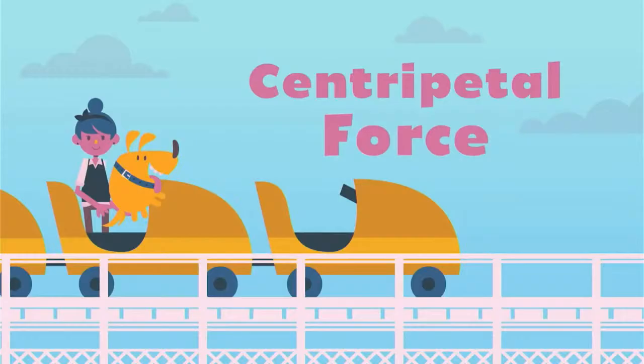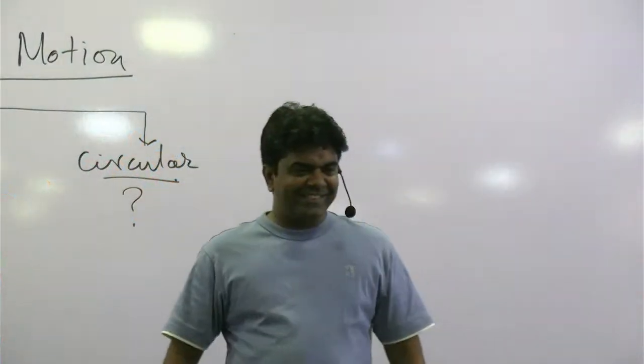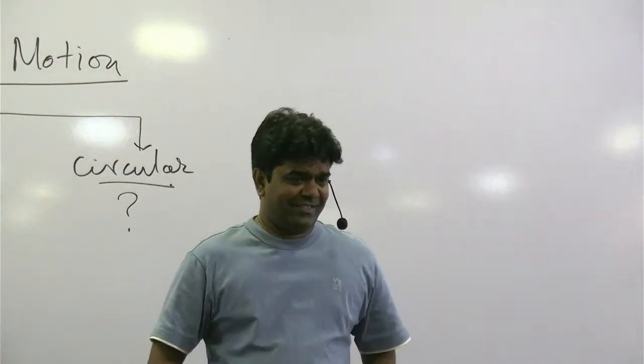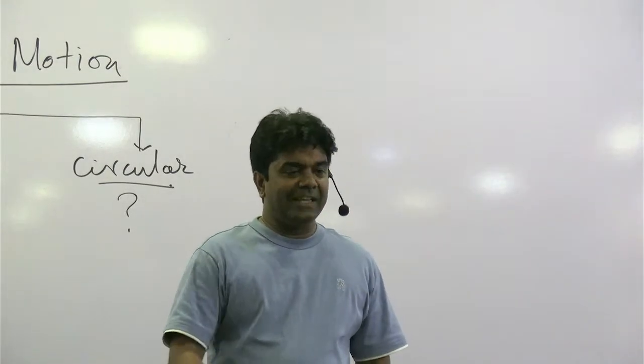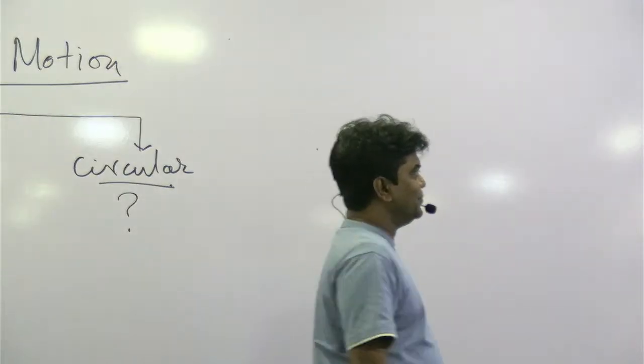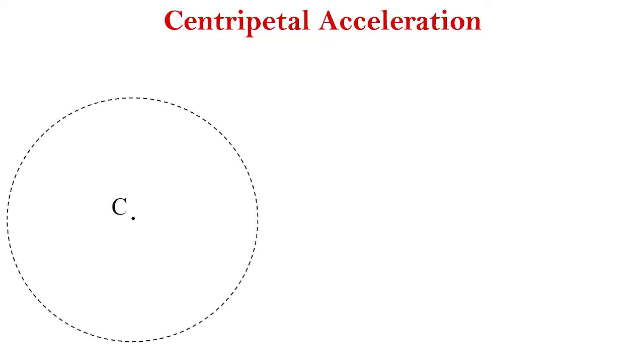Right. So today's lesson is mainly about two things. What are the two things? Centripetal force, tangential velocity. Tangential velocity we have already learned. Centripetal acceleration and centripetal force. Right. Centripetal acceleration. So we're going to find centripetal acceleration. To find the centripetal acceleration, so I'm defining a circular motion of rate